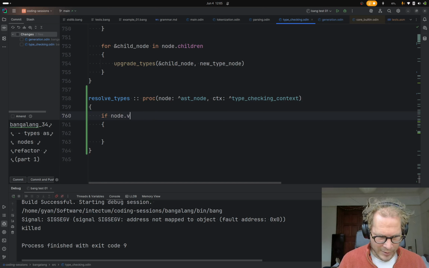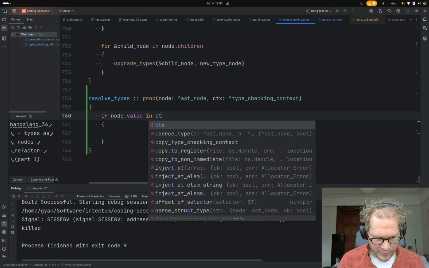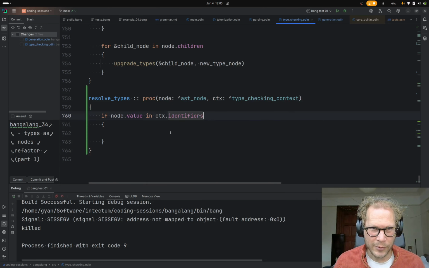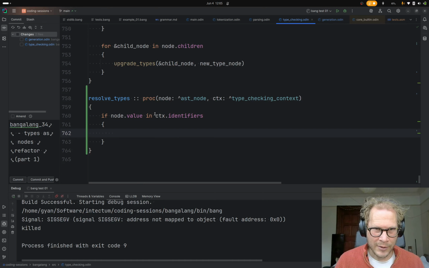I think we'll just do node.value in context.identifiers. So if it's in the identifiers, then let's grab